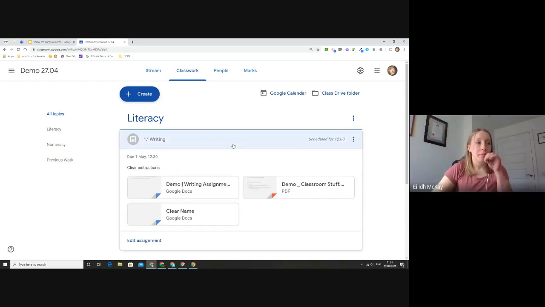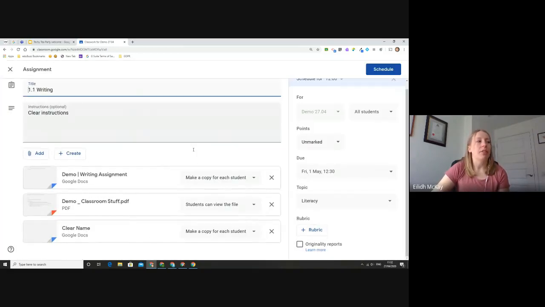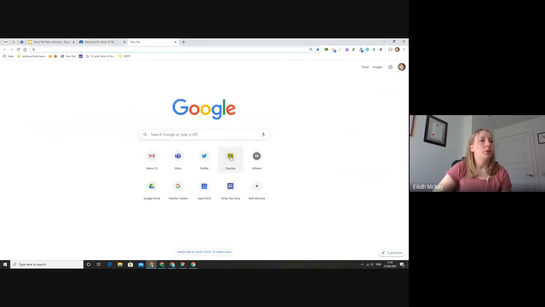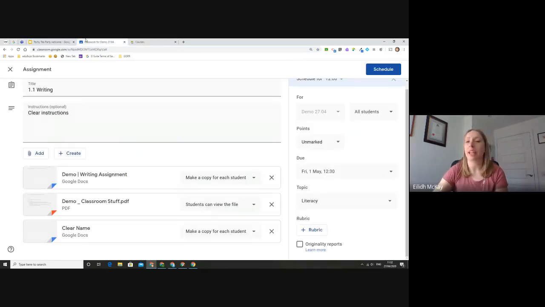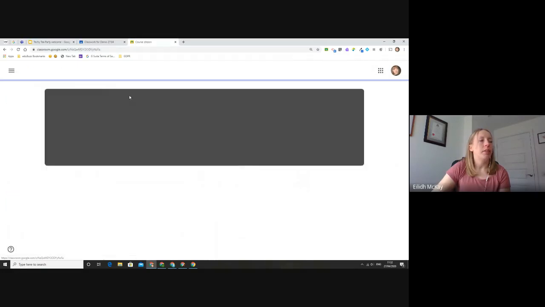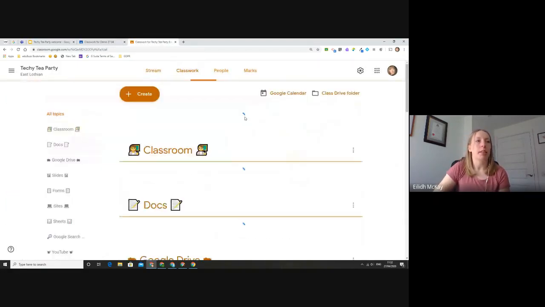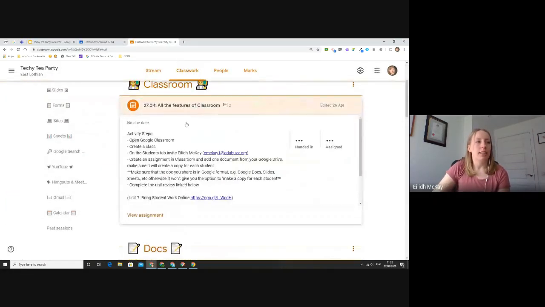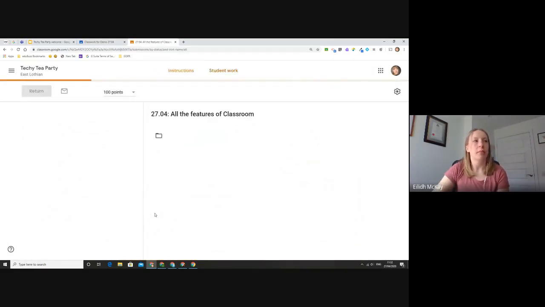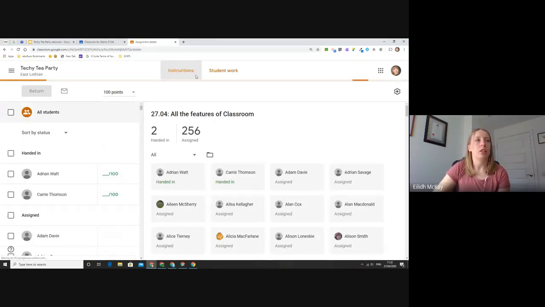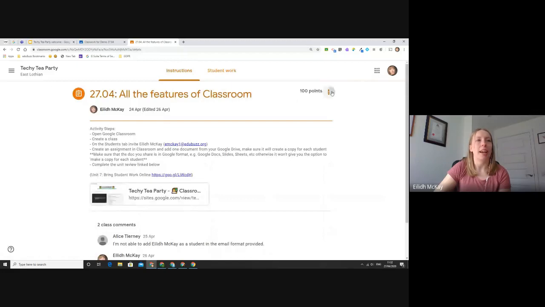And it also means that you can go back in and edit the assignment. And if you go, actually, I don't want to make a copy, I can allow them to edit, or I can make a copy. If I show you in my other classroom what it looks like once it's posted, I'll just schedule that there. So if I show you in the Techie Tea Party website and today's assignment, if I go into view assignment, instructions, and if I come in to edit this,